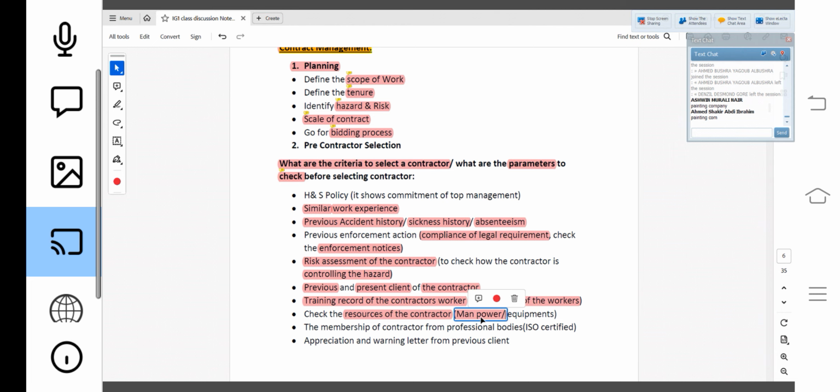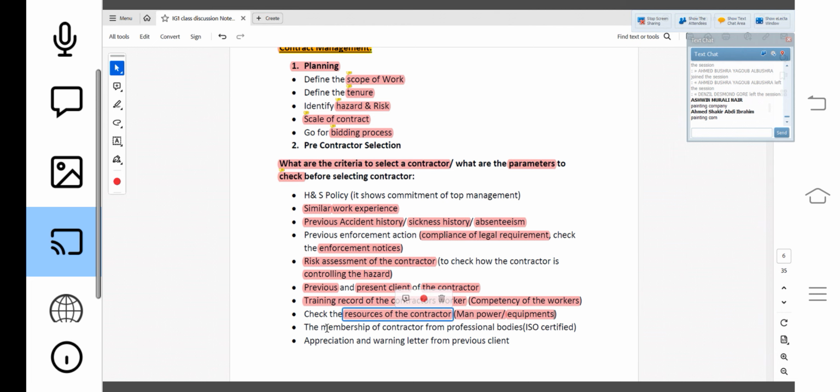So whether they have sufficient manpower, and sufficient equipment, meaning all the equipment in good condition, with proper inspection and maintenance. I will check how much manpower they have, and how much equipment, and whether all the equipment is in good condition, before giving the contract. So resources I will check.